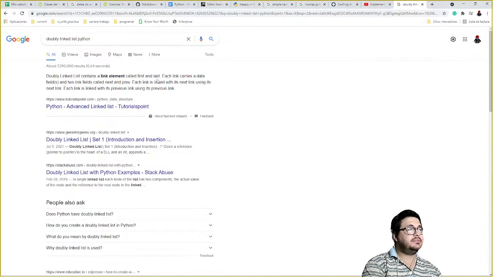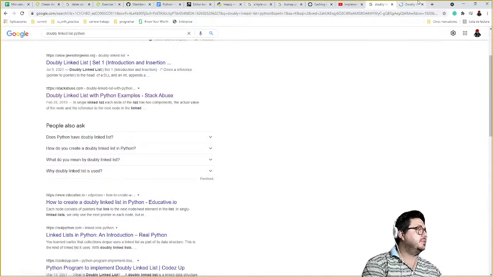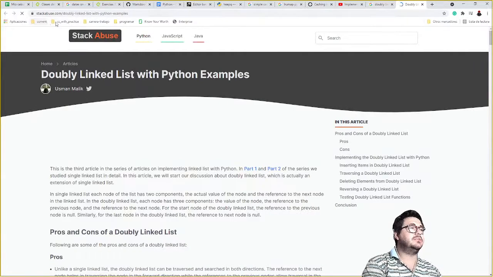doubly linked list in Python. Tutorials Point. Okay, GeeksforGeeks. Version, doubly linked list. This sounds weird. Stack Abuse. What is Stack Abuse?